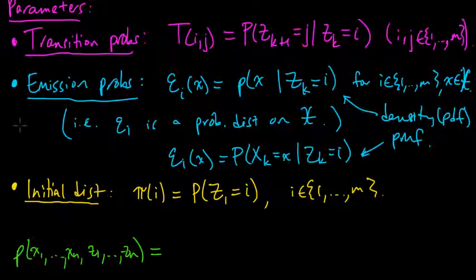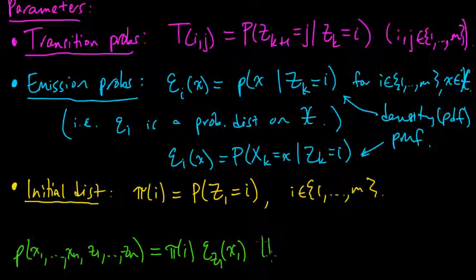So we have pi of z1 times the probability of x1 given z1, so this is going to be epsilon z1 of x1, times the product as k goes from 2 to n of the transition probability, so it's T